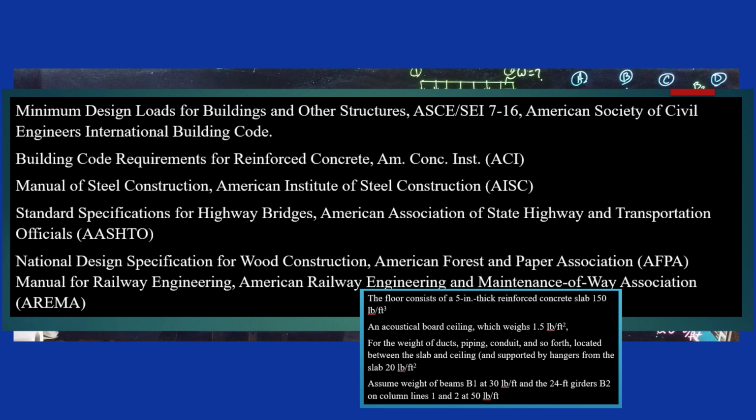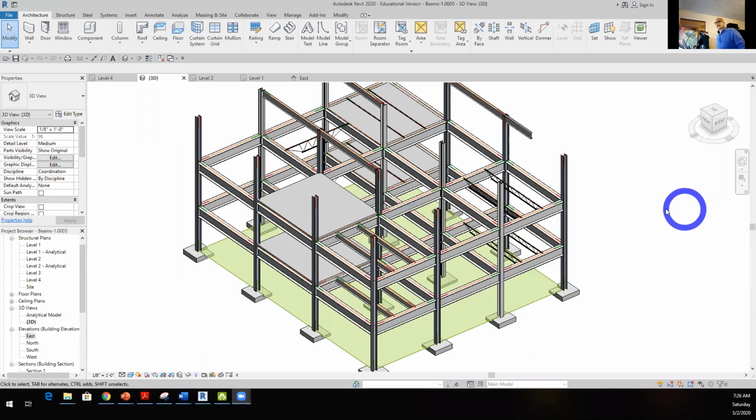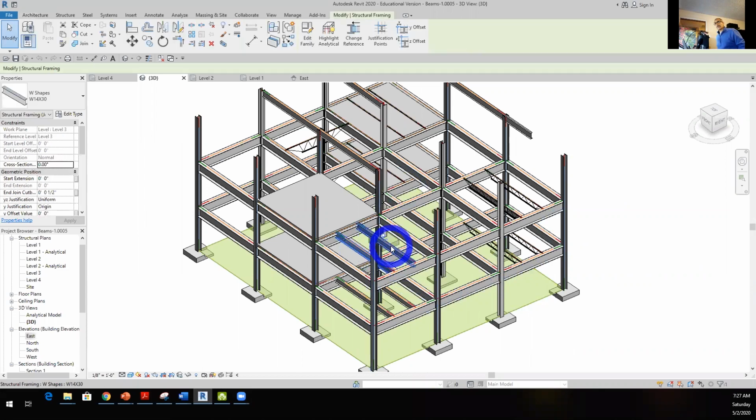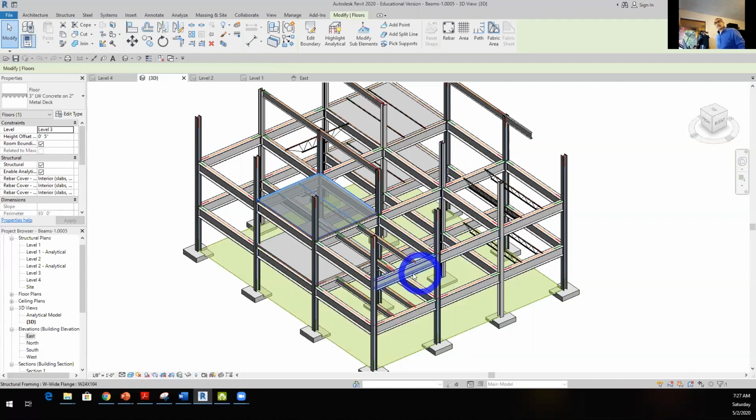All right, let's start out with an example of how we're going to do this. We want to calculate the dead load on this beam right here, beam B1, and this beam right here. They're both the same type of beam, and it's supported by this girder right here, which in turn is supported by this column, and this whole bay is covered by a 5-inch concrete slab. So let's go ahead and